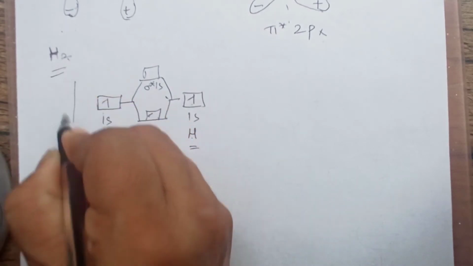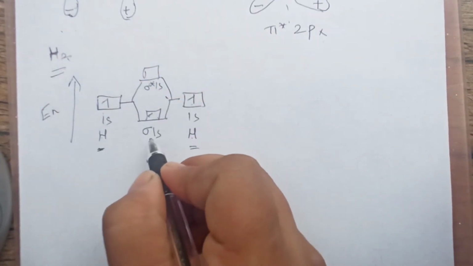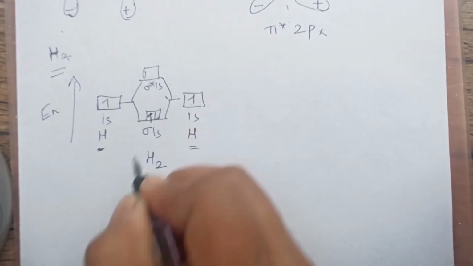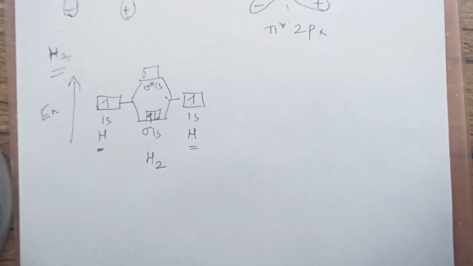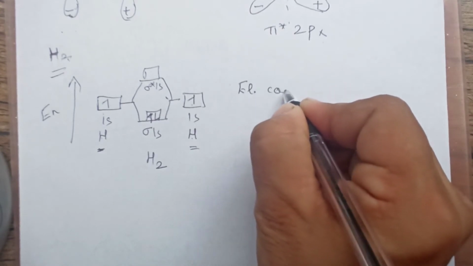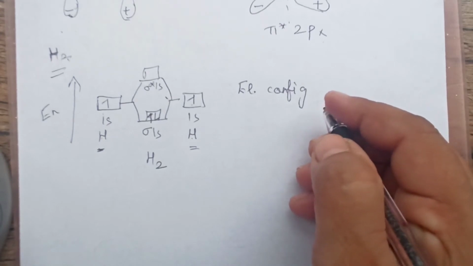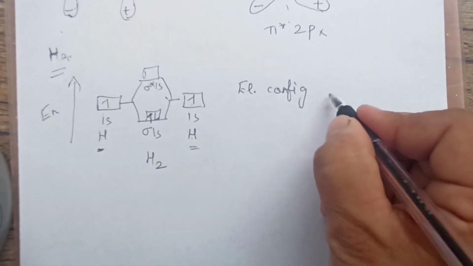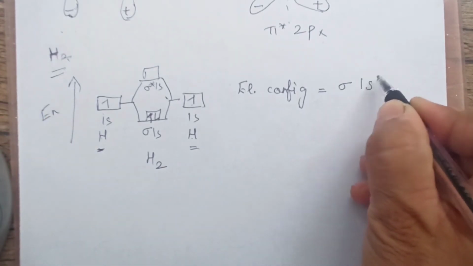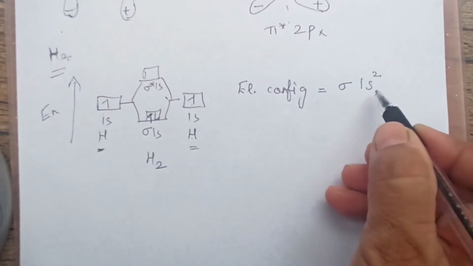First, this way the energy is increasing. Energy is increasing this way. So the electron will first be placed in the bonding molecular orbital. So two electrons. So one electron and second electron. So both electrons will be coming in this. Now, if we have to write down the electronic configuration of H2, no longer are you going to write 1s1. We will be writing the molecular configuration. So what is the configuration for H2 now? We will be writing sigma 1s2 because both electrons are present in this sigma. So we will write down sigma 1s and two electrons are there.